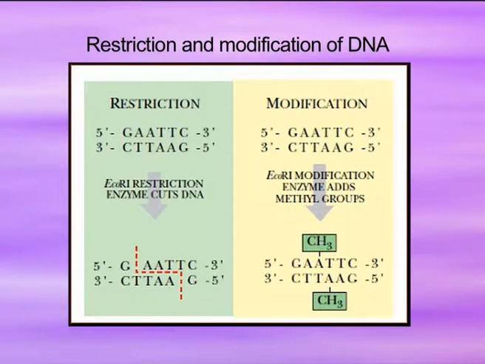Ma'am, can I ask you a question? How do bacteria prevent their own DNA from being cleaved by restriction endonucleases? Well, the bacteria is very intelligent. It is able to protect its own DNA by synthesizing a modifying enzyme. So what does it do? It has the same nucleotide sequence in itself. It prevents the cleavage of its own DNA by its own restriction enzyme by methylating certain nucleotide sequences. As a result, the restriction enzyme is able to differentiate between its own DNA and the DNA which is coming from foreign or other microorganisms.